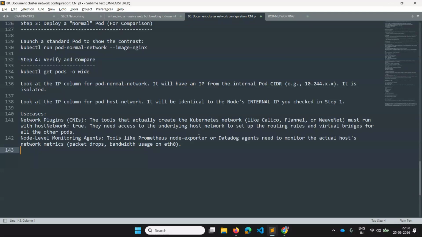And some monitoring agents, like Prometheus, monitor the network metrics. In such cases also, in order to closely observe these network metrics, it has to have the same IP address of the host. So in these exceptional use cases, we can mention host network as true, and in some database-related security implementations, you need not use it as true.